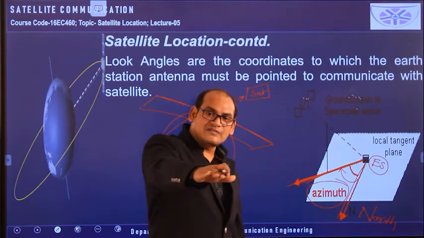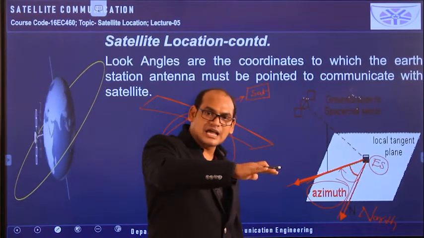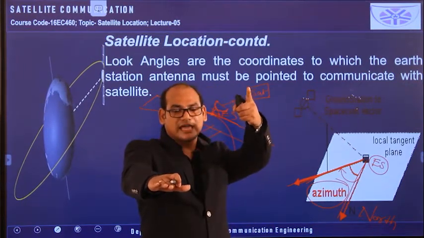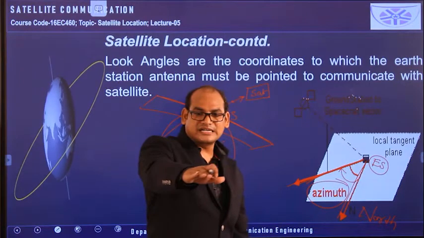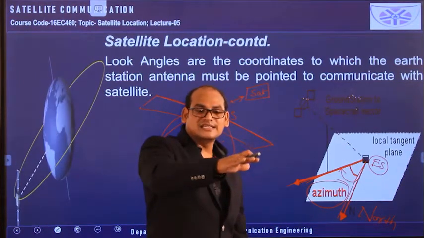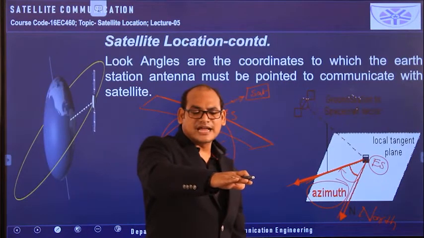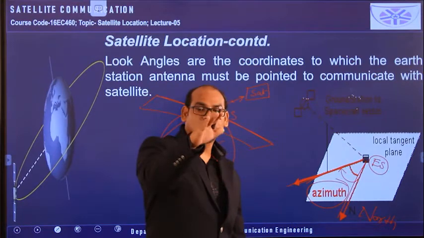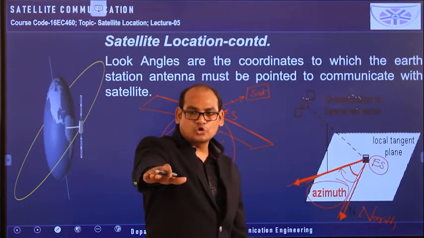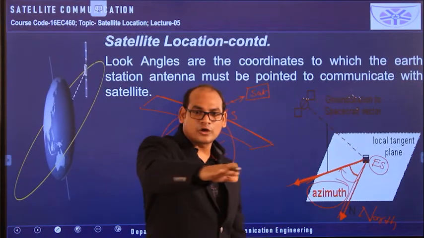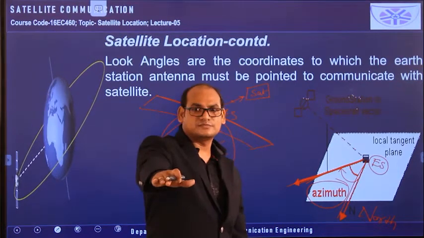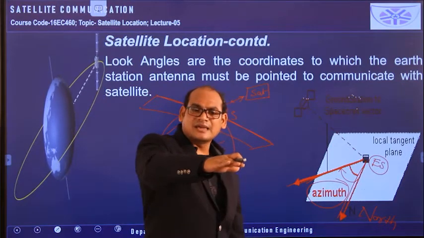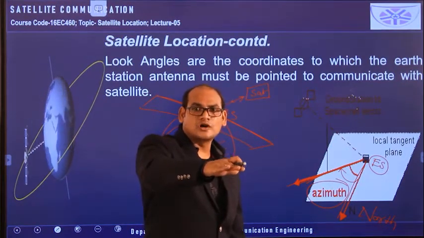Even after you have traveled this 120 degrees angular distance on the local horizontal plane, you are on the local horizontal plane only, but the satellite is above the earth. So what we need to do, after traveling 120 degrees azimuthal angle, is to look like this. The earth station antenna should look like this. That means this angle is nothing but the elevation angle. This is north. From the north towards east, whatever you are traveling on the local horizontal plane, that is the azimuthal angle. So you have traveled like this. Then after traveling an amount of azimuthal angle, you have to look like this.